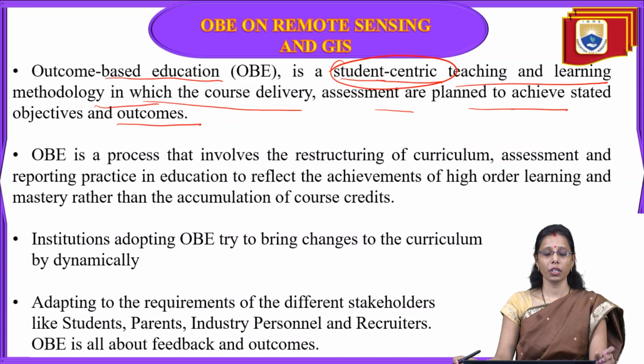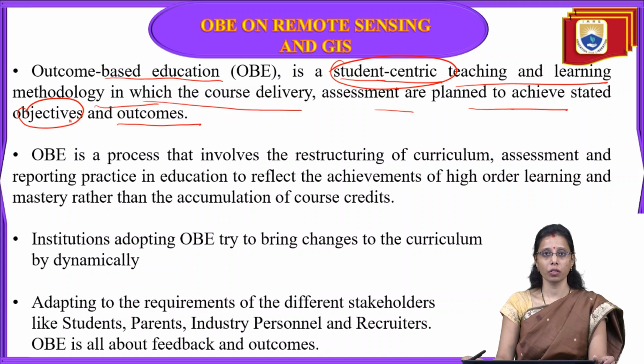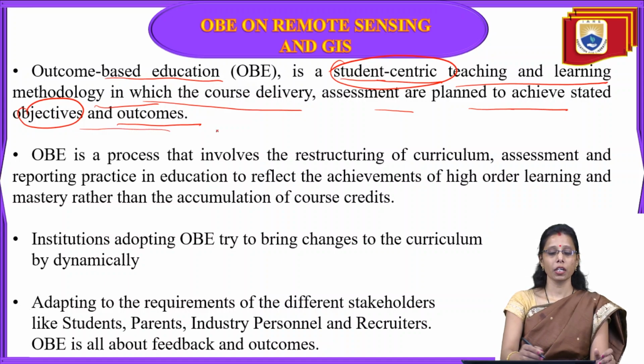Any course has main objectives. There are different objectives of the course, like 4 to 5 objectives. What do you mean by objective? It's the main aim of the course: what the student is going to study, what topics are going to be covered in this particular course, and how this course is going to be helpful to that student in the future. So that is objectives and outcomes.